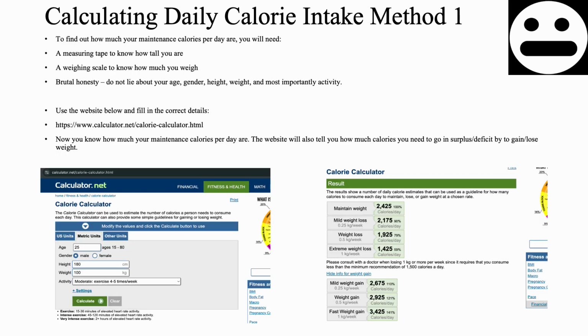Calculating daily calorie intake, method 1. Now, one way of doing it is very, very simple, and I recommend this way. Don't do other ways because you will get a margin of error, and I highly recommend it this way. So to find out your maintenance calories per day,